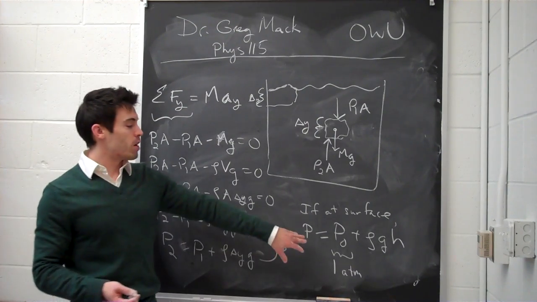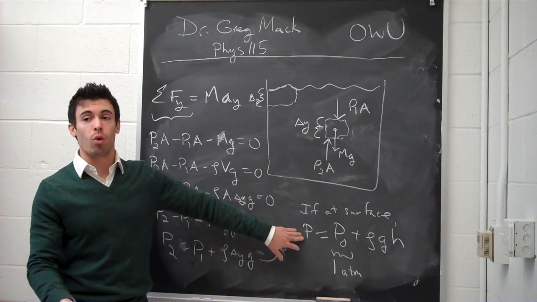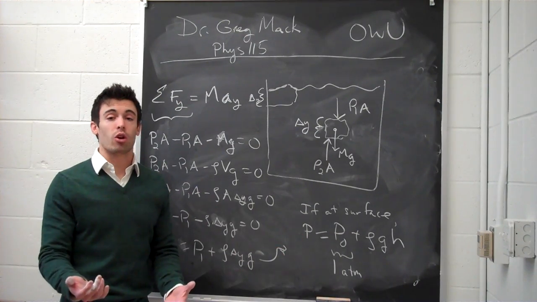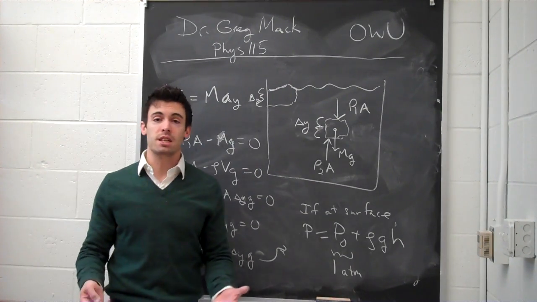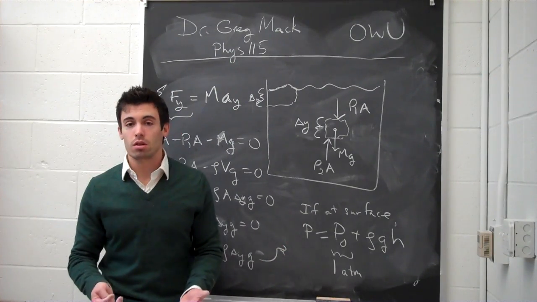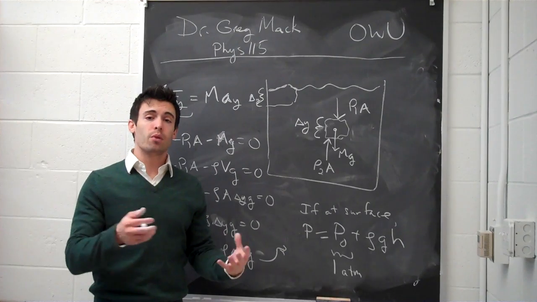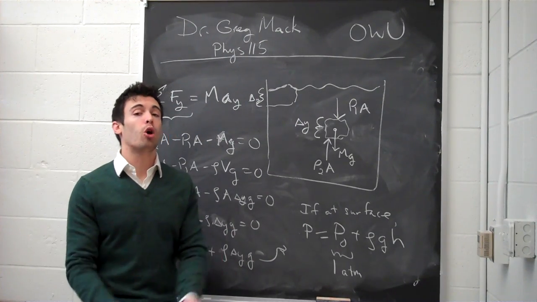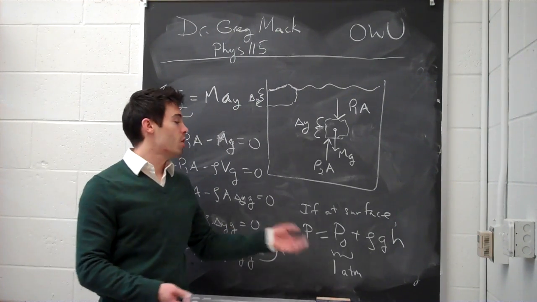But this is why the pressure varies with depth. If you go deeper under the surface of the water, the pressure you experience is larger. So if you're building a submarine, or some other type of deep sea vehicle, you have to create the structure so that it is sound enough to withstand those higher pressures as you go deeper and deeper into the ocean. Because of all the forces acting